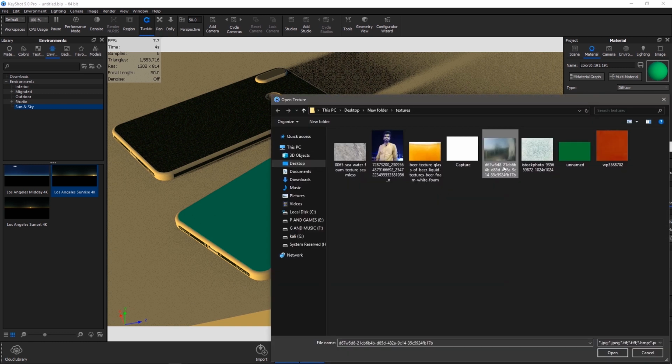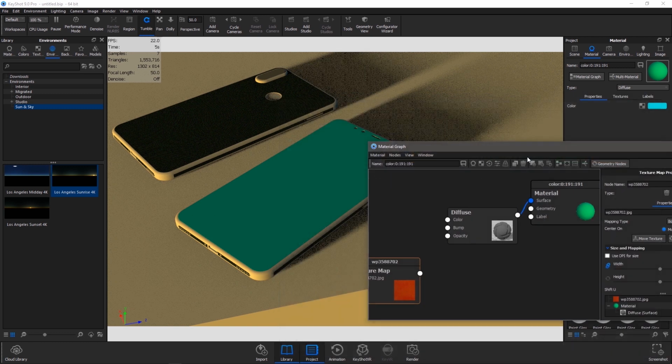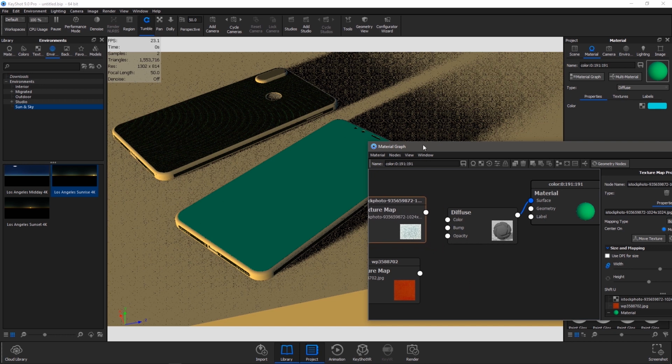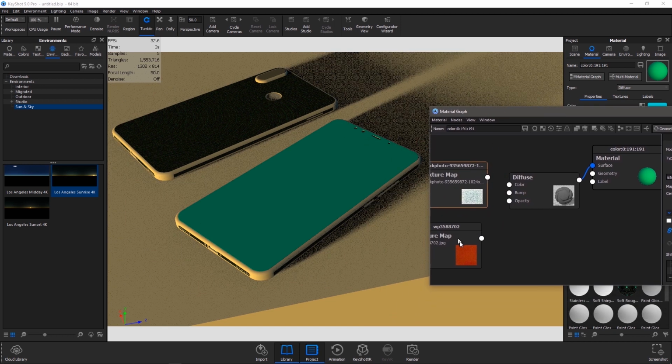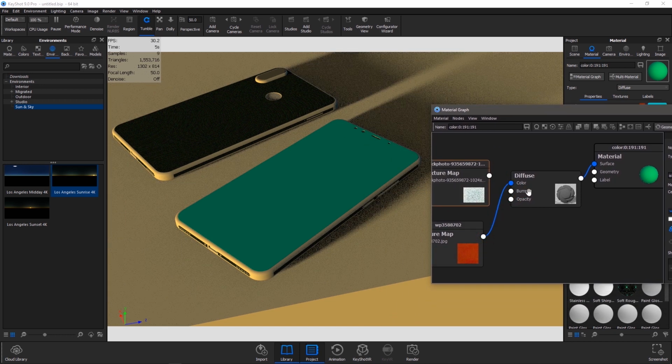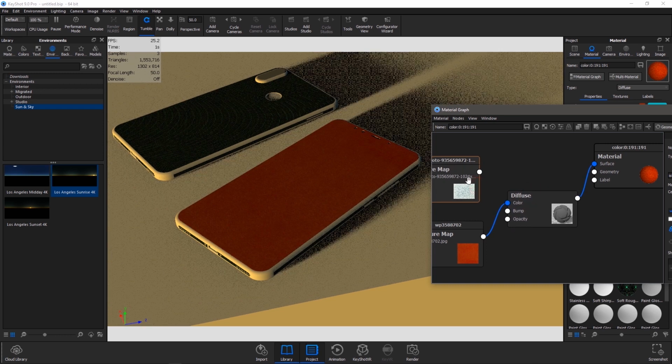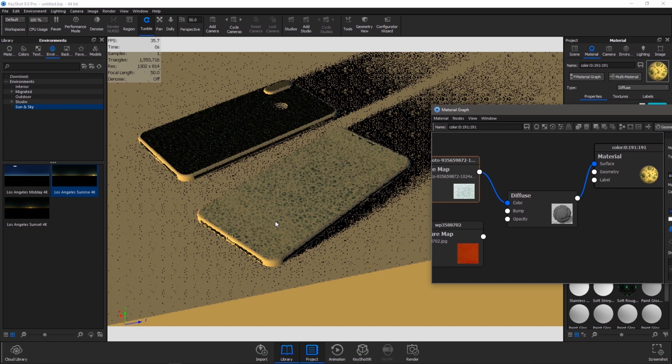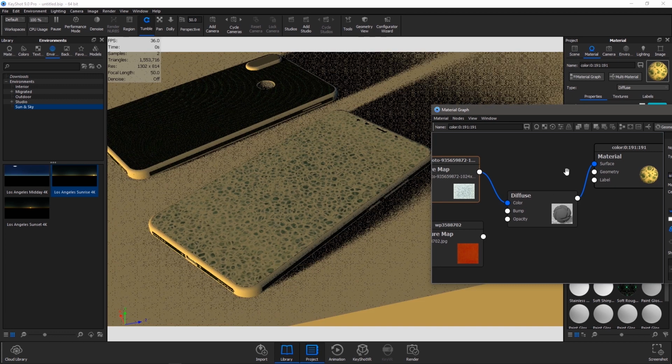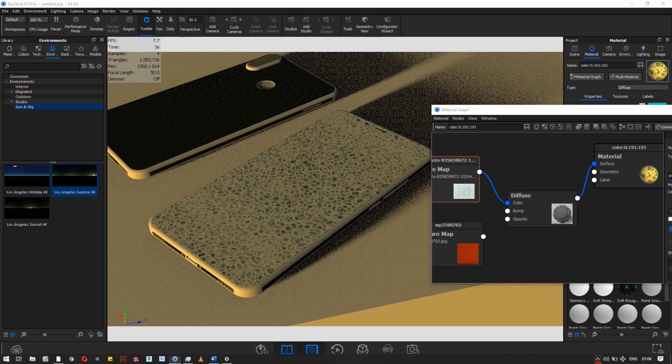You can see I have imported a CAD model of a mobile phone. See what happens when I plug in any texture in the diffuse. I will cover the material nodes in later videos. For now, you can see the surface of the material starts to look like the texture. So if you want to change the surface color of your model part, then you can use a diffuse texture.